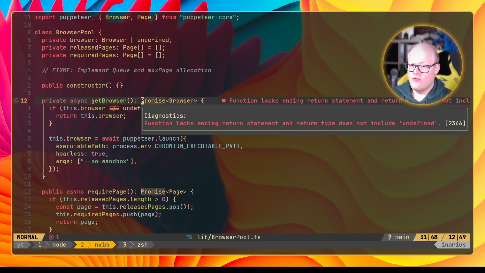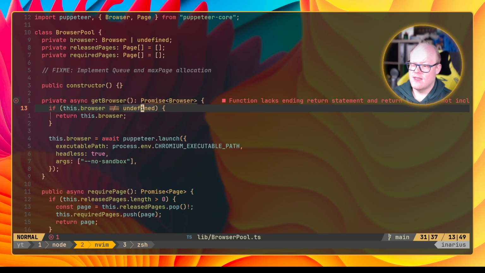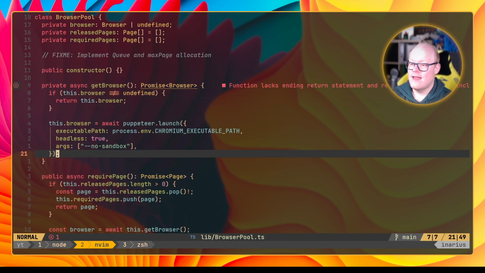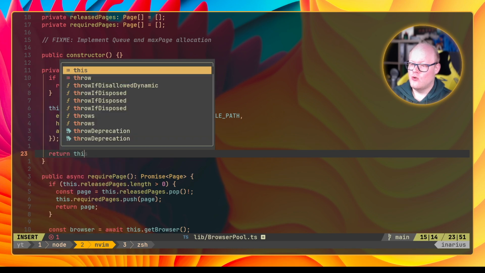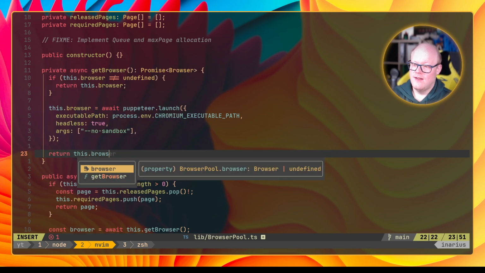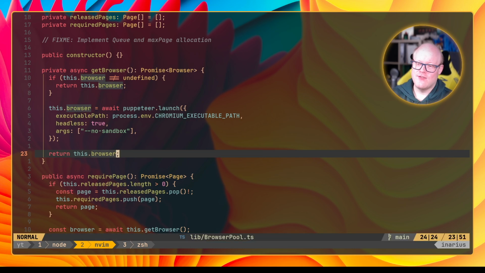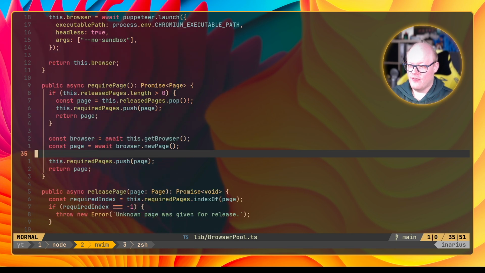And now we have one other error. What's the error? Function lacks any return statement. Yeah, we should return this browser if we have started it. Thank you, Neovim, TypeScript language server, for telling me that. Otherwise, I would have learned it the hard way when